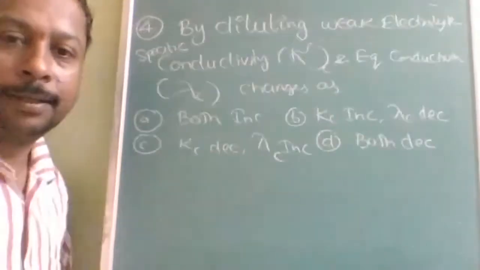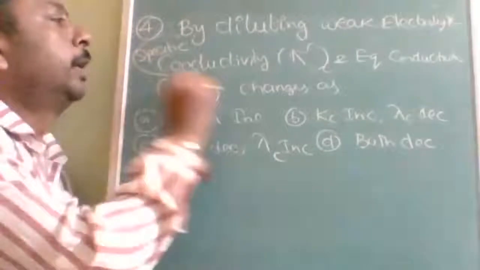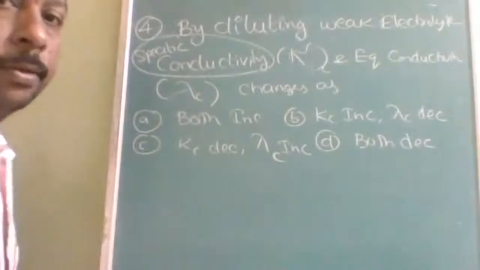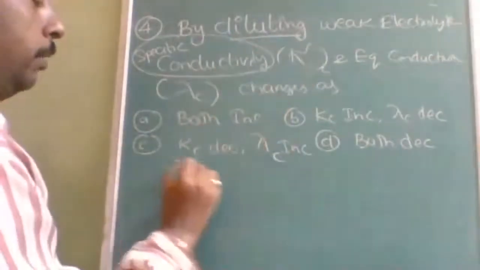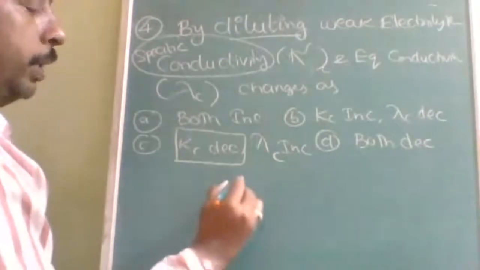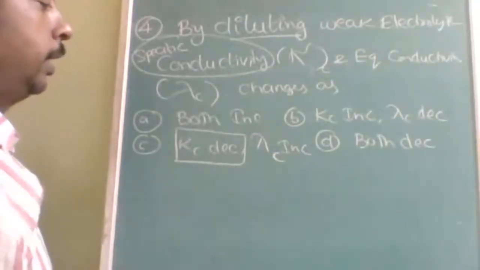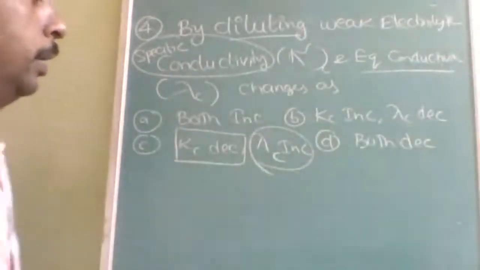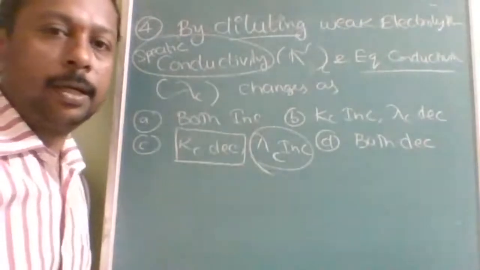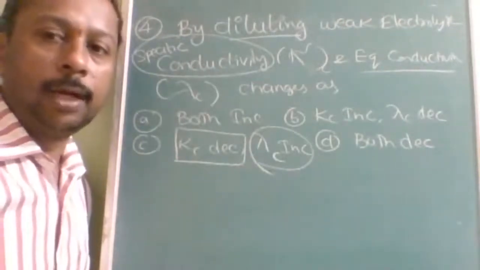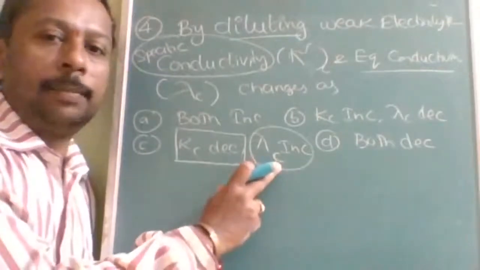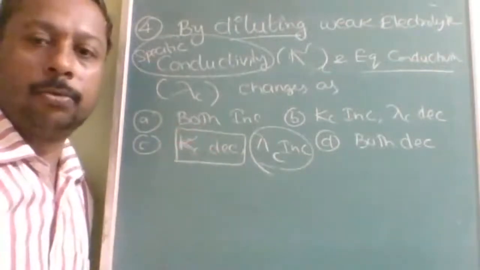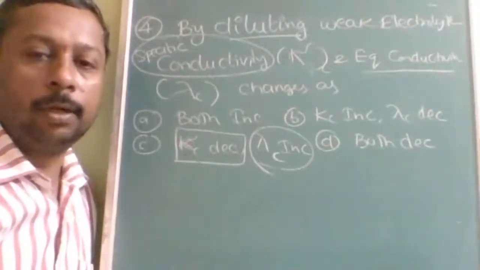Okay, here, specific conductivity. In specific means per volume it is there. So on diluting, volume will be there in the denominator. So you are increasing the denominator, therefore Kc decreases. And there is no such problem for the equivalent conductivity. Equivalent conductivity will increase on diluting, as the number of ions will increase. When you add water, ions will increase, therefore lambda c will increase. But specific conductivity decreases due to decrease in denominator, that is volume is increasing.